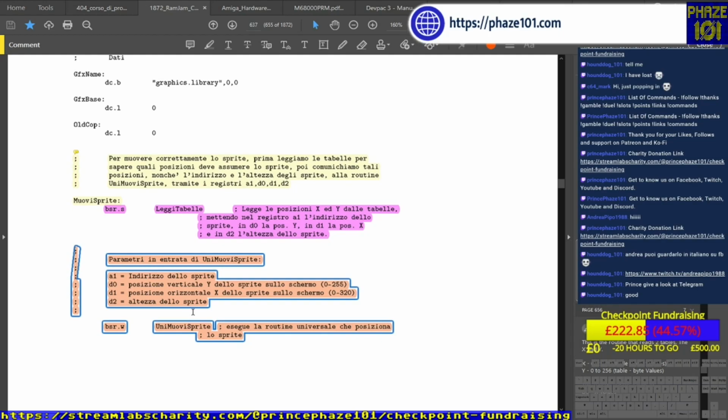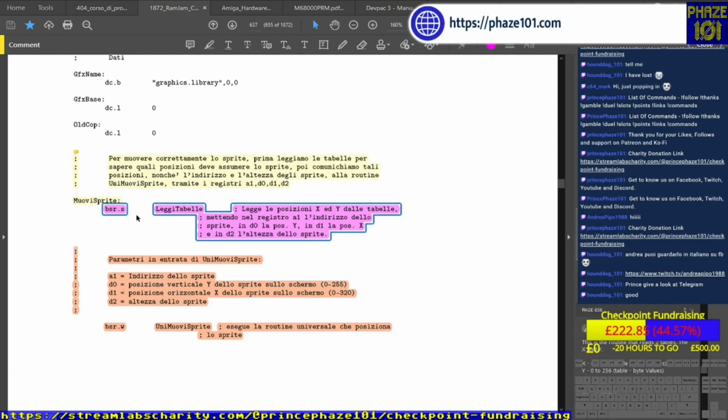D1, which is the position of the sprite in the X position, and D2, which is the sprite height, not position, the sprite height. So the first thing it does, before we even enter our universal routine, our universal sprite move routine,